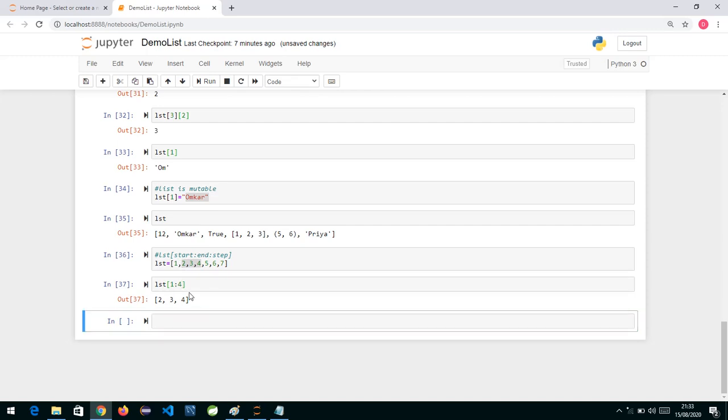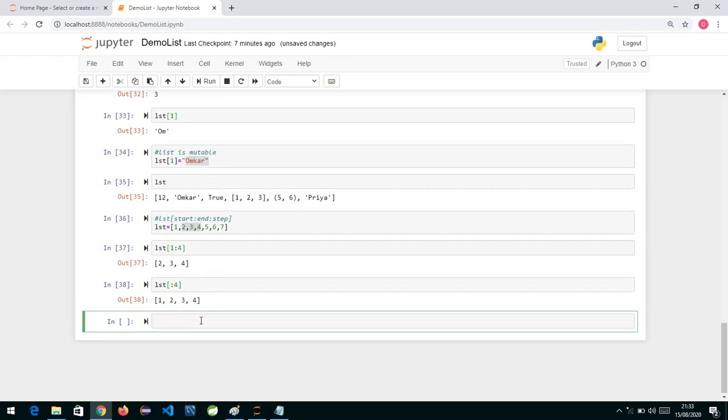Similarly, suppose I write lst and I don't specify the start index, I just write 4. When you don't specify the start index, by default it is taken as 0.